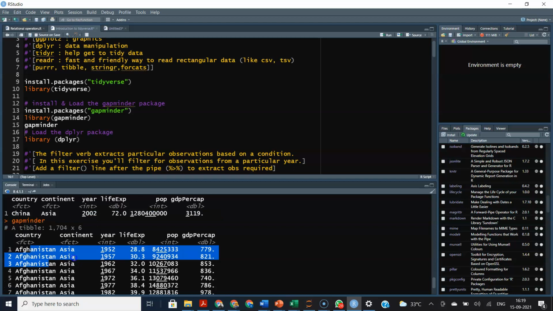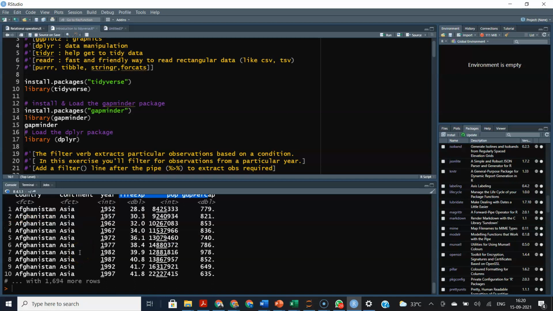You have the continent associated, and then you have 3 economic variables related to each particular country for different years. You have life expectancy, you have population, and you have GDP per capita. So these are the 3 numeric data points that are given to you for each particular country, and for each particular country you have data till 2011. So every 5 years you have this data, and the last data point is I think 2007 or 2011 in